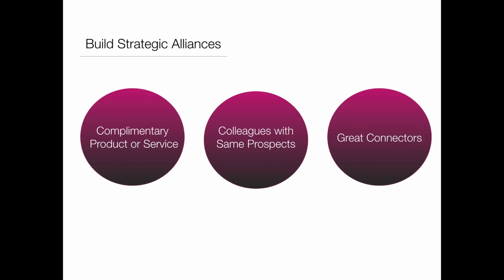The third type of strategic alliance is just a great connector, somebody who is, for lack of a better term, a mover and shaker in your community. I hate that term, but we know what that means. They don't necessarily do anything in particular, but they're very connected. They like to connect people together. Everybody knows them, likes them, and trusts them. If you got a call from that person saying, hey, Kate, it's Greta, I met a guy named Steve, he's a really nice guy, he does this, that, and the other, and I'd really like for you to talk to him, you would take that phone call because you have a lot of respect for that person. So that's just a great connector.